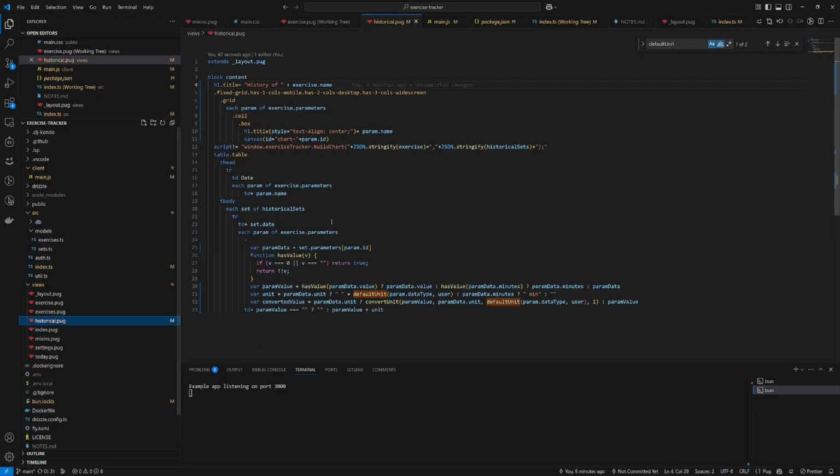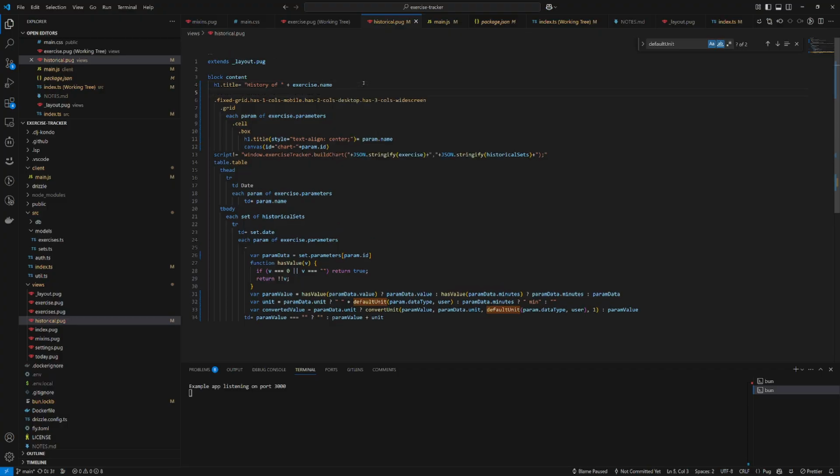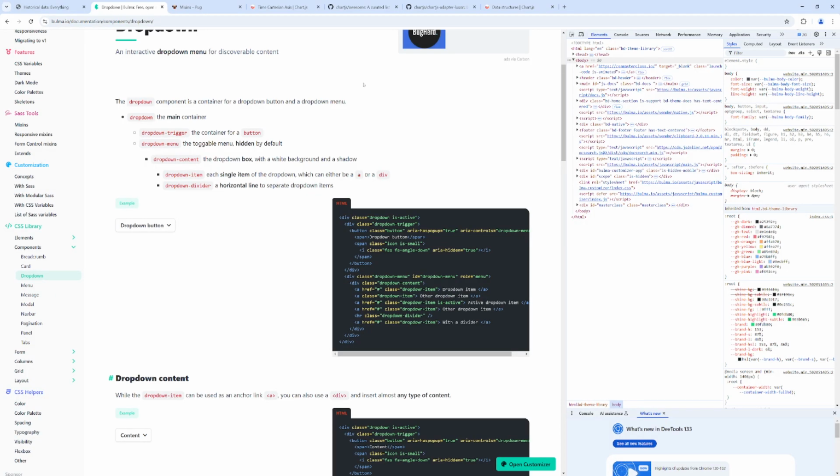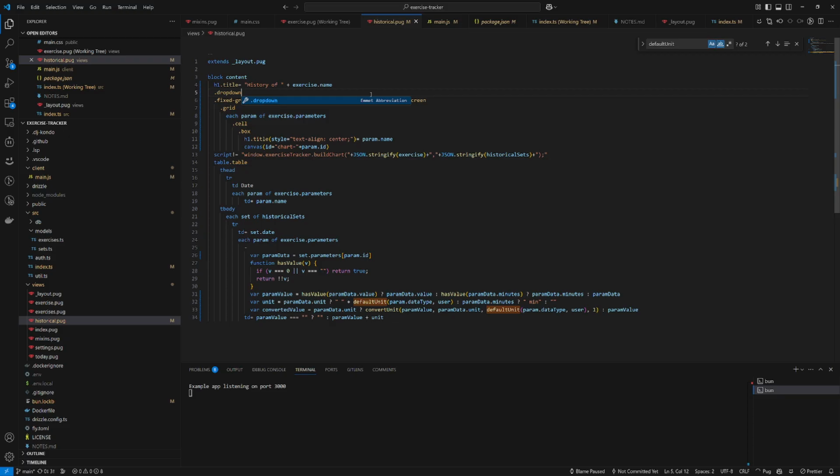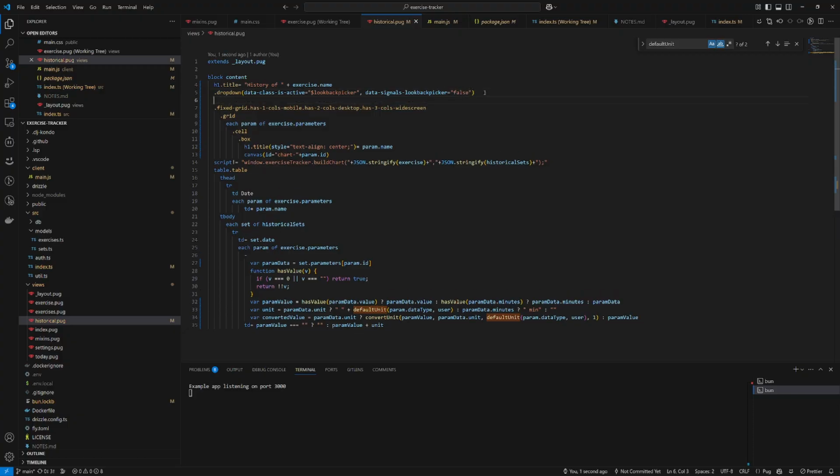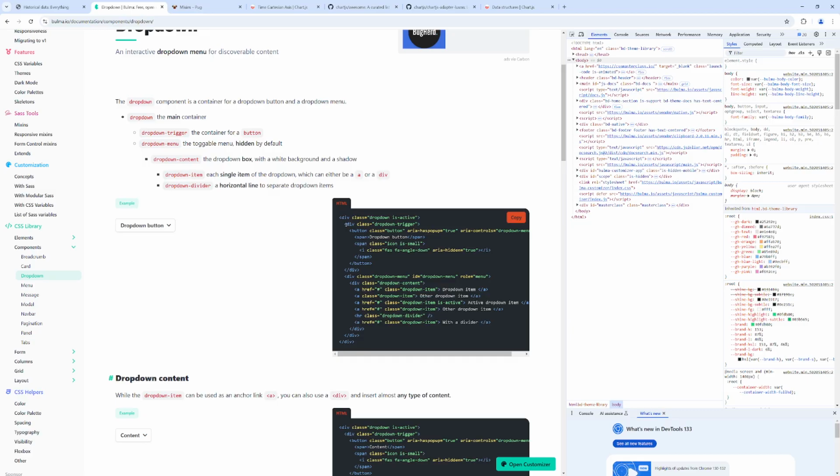So we would have, up at the top of the page for now, it looks like there's a top level div with dot dropdown. And I'll just say data-class-is-active equals lookBackPicker. I'll get rid of the show, I try to avoid that when naming my signals. And then data-signals-lookBackPicker equals false to start with. And then there would be a dropdown trigger,